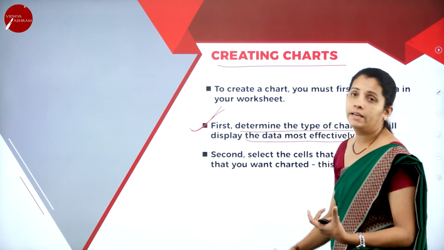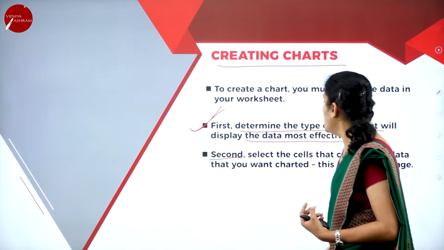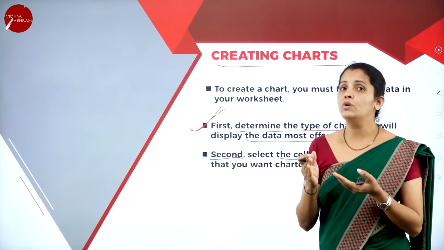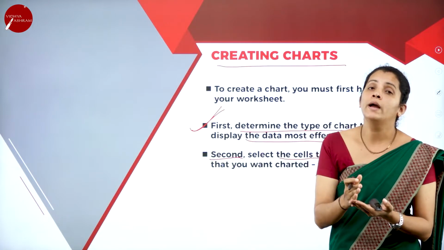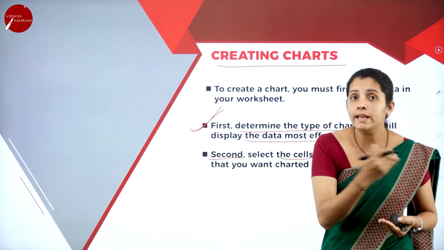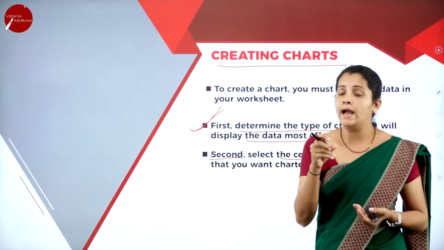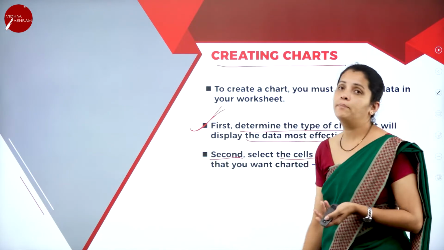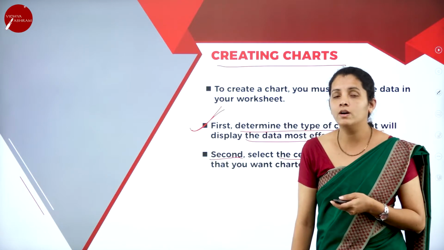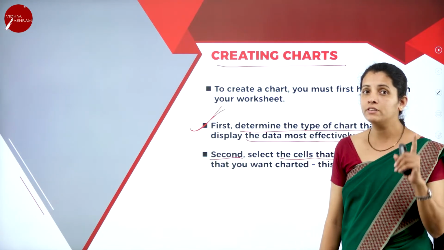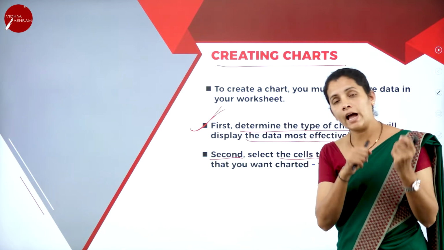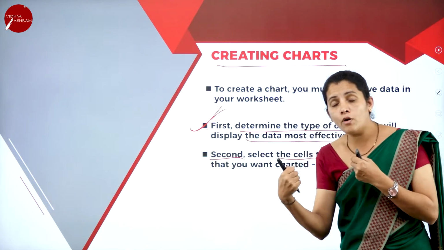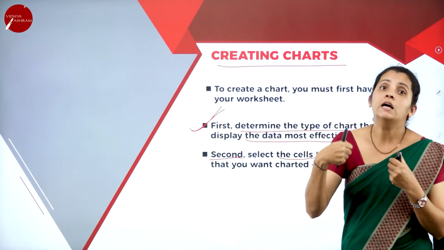That is determined here. Then I'm going to select the cells that contain the data. Now I'm going to select in which cell I want to apply the chart. What is my next step? Here I'm going to determine in which cell I'm going to apply the graph. So these are the very important steps you must remember while creating the chart. What's the first step? I must have the data. After having data, what do I want to do? I want to select which kind of chart I want according to my data needs.